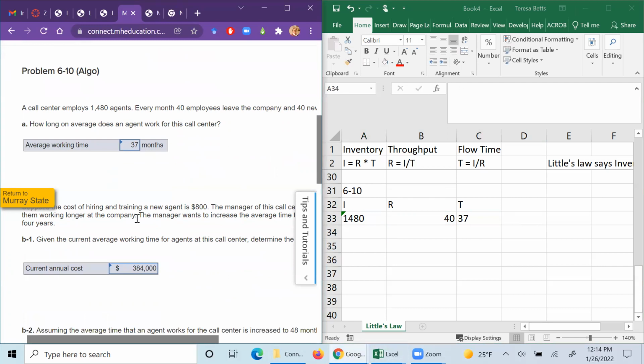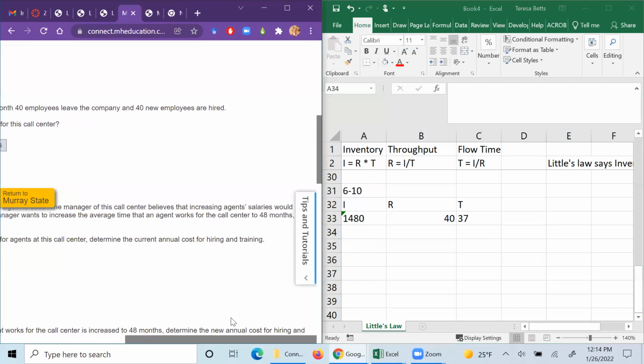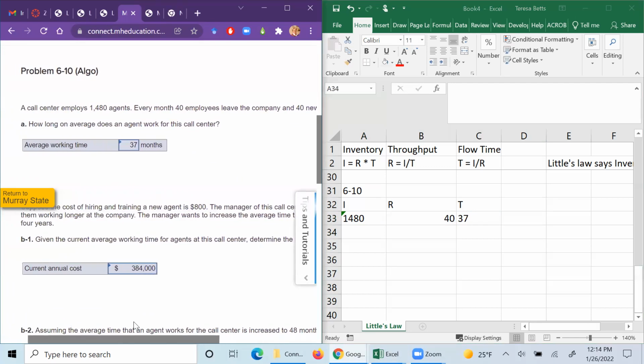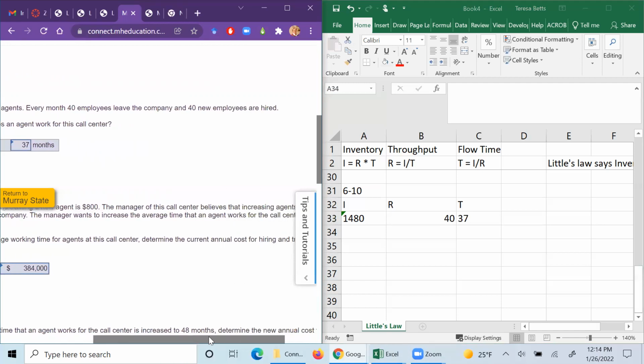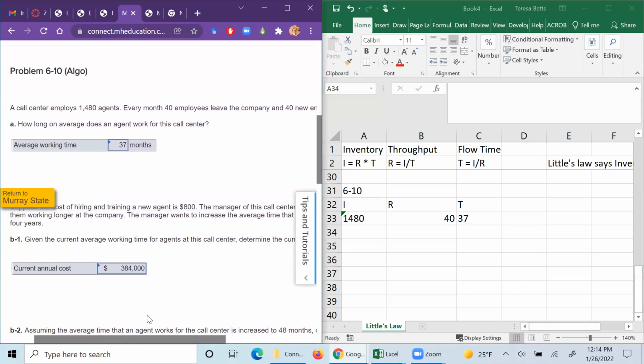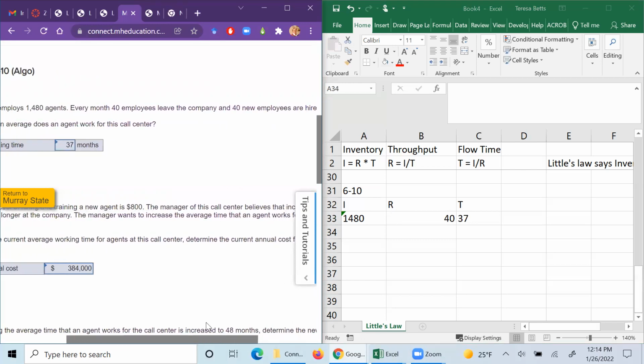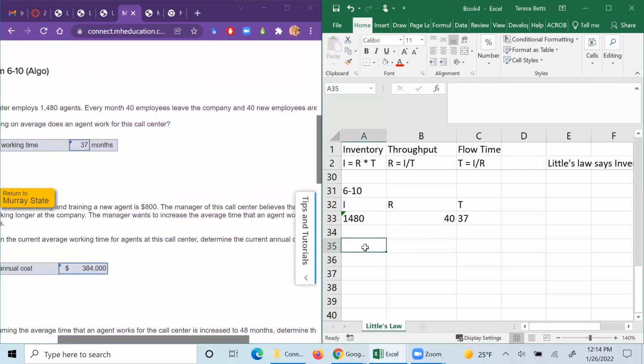Suppose the cost of hiring and training a new agent is $800. The manager of this call center believes that increasing agent salaries would keep them working for the company longer. The manager wants to increase the average time that an agent works for the call center to 48 months, right? Given the current average working time for agents at this call center, determine the current annual cost for hiring and training. Okay, well, this is going to be just a use of the information that says that we know that we have